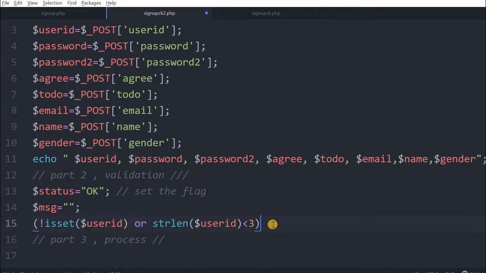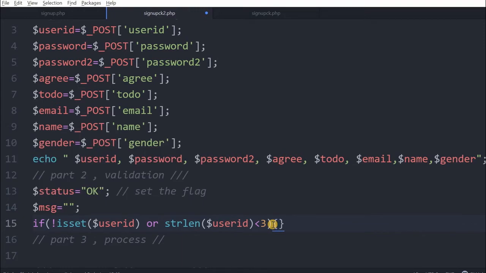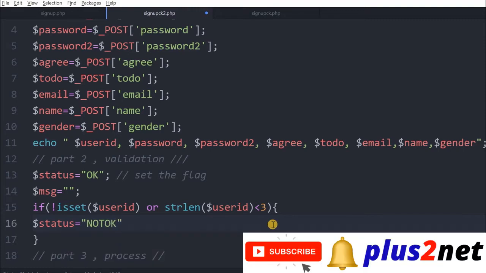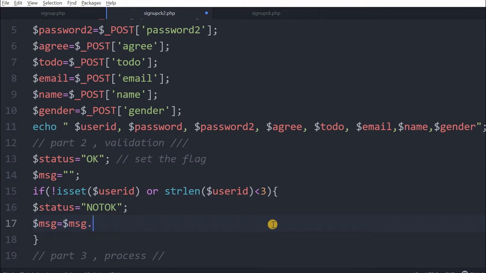In that case, if this is the condition, then inside the if we'll say status is equal to not okay. Now you have understood the purpose of the flag. The flag is set to not okay. Now we'll give the message also, message equals, and this message again with a dot, because we'll be adding other messages also.